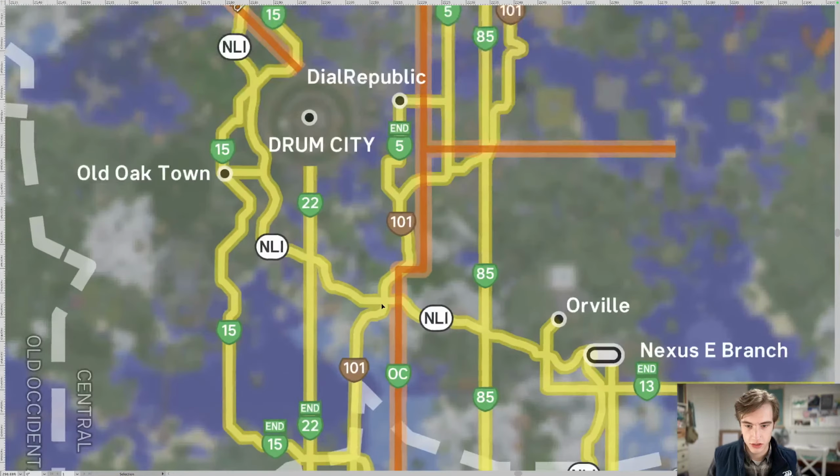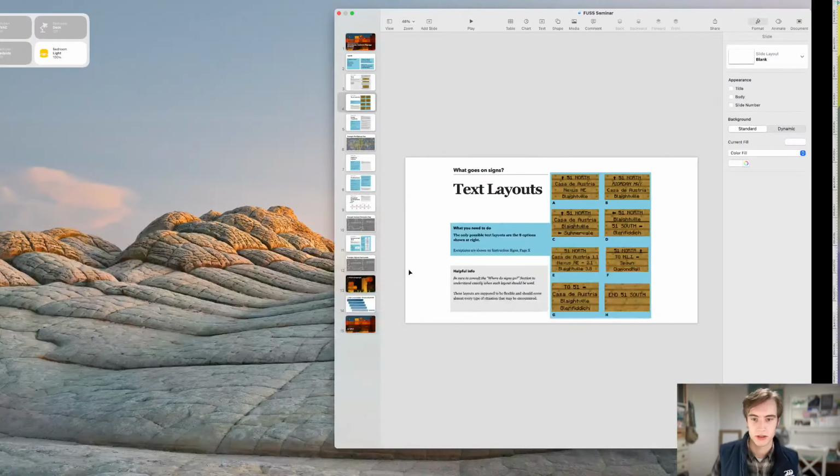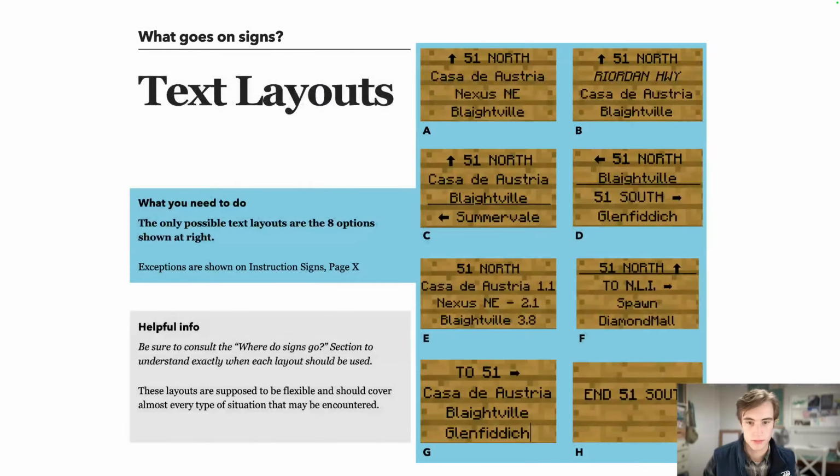So for example, here where the 101 meets Nexus Loop Inner, we've got this kind of connecting road that connects the two. This intersection as it's shown here is actually a bridge, so you can't walk right from the 101 to NLI. You need to take this little connecting road. And the way that we would signpost that connecting road is right here